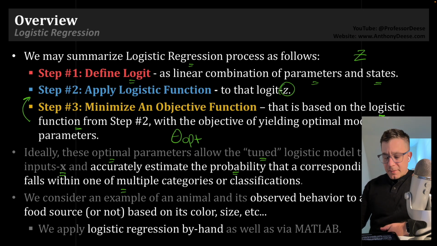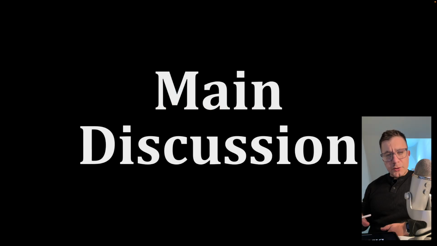We also, in this module, consider a pretty simple example of a small animal and its observed behavior to approach a food source or not, based on certain environmental factors: the color of what it's approaching, its size, and whether there's movement observed around it. We're going to apply a logistic regression both by hand as well as in MATLAB in order to try to mimic that ideal behavior. So now let's return to the main discussion